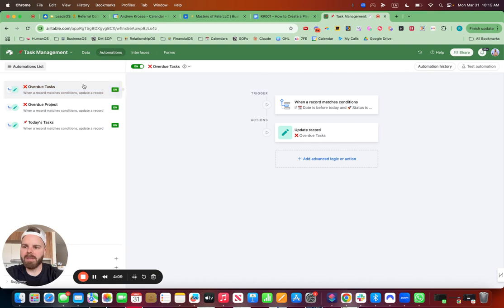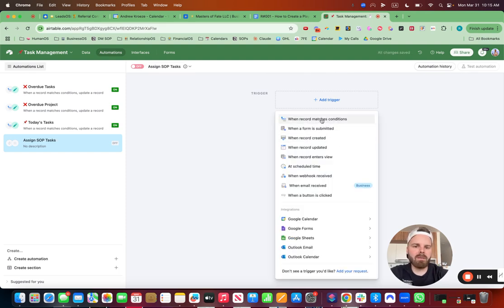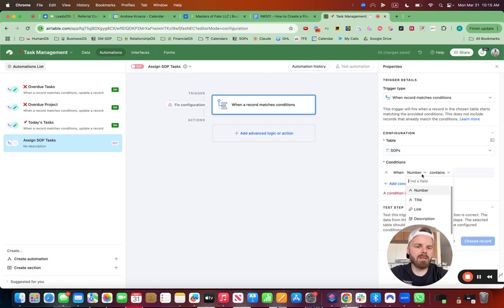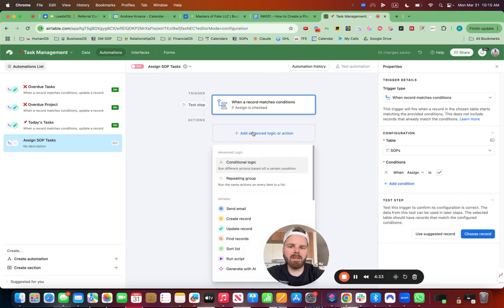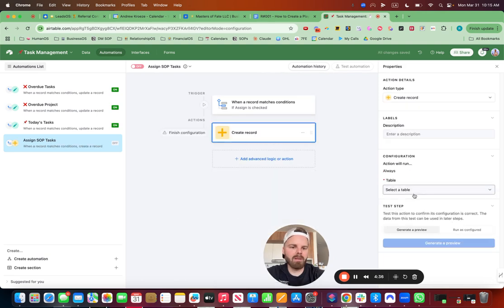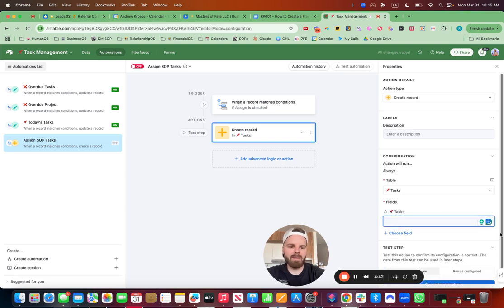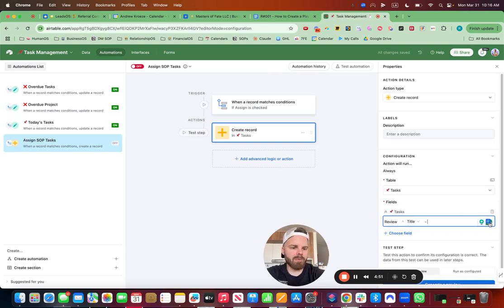So we go to automations up at the top here. And we go over here to create automation. And here we want to say assign SOP tasks. Add trigger when record matches condition from the SOPs. Condition is, let's go over here, assign when it's checked, then we want to create a record inside of tasks and choose the field as tasks. And then review, and we can use the title